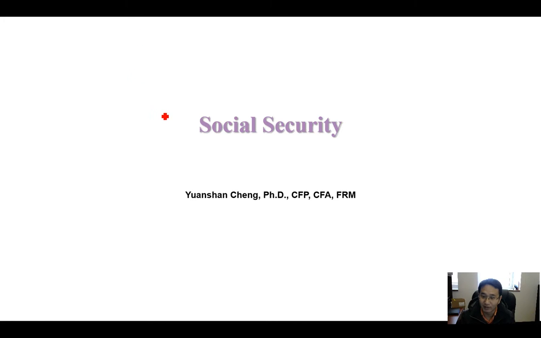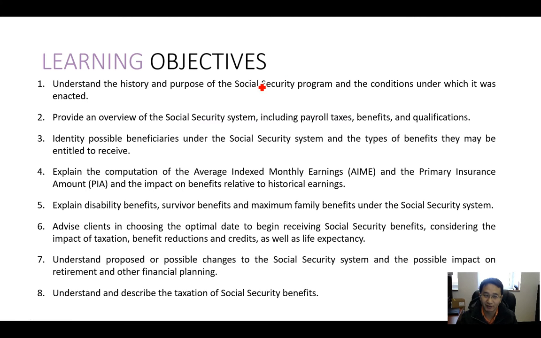Okay, everyone, let's talk about Social Security today. Quite a few learning objectives, mainly from CFP Board. It is a really important concept. Like you guys know, I teach using the CFP Board money education worksheet, right? So this is one whole page of Social Security, and even with one whole page, I don't think they cover everything they need to cover.